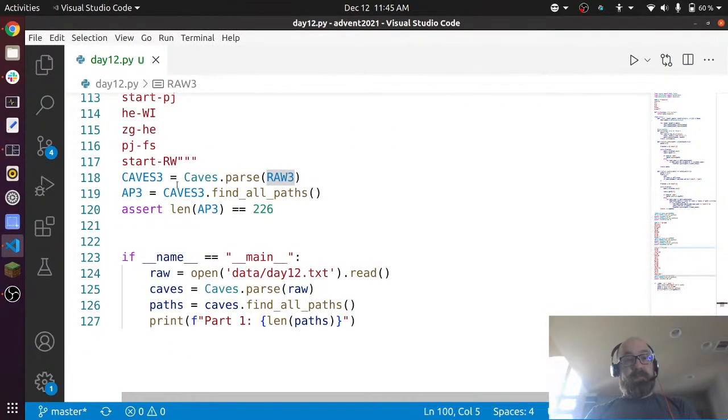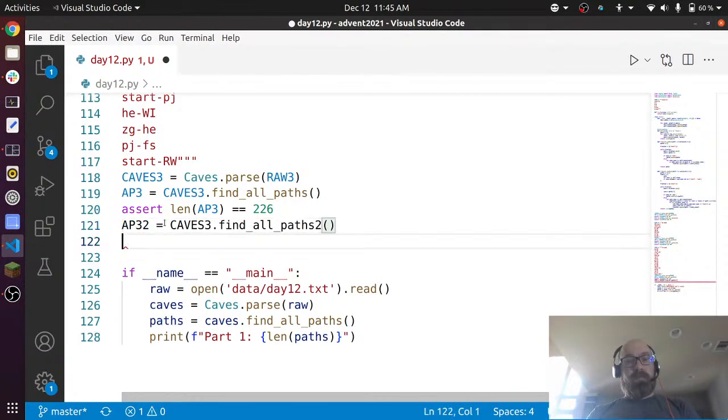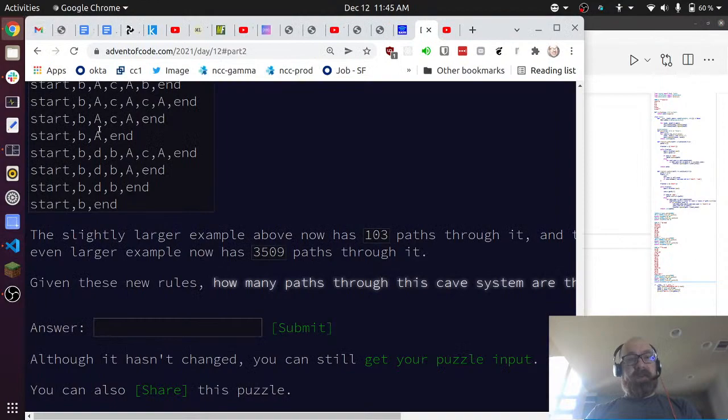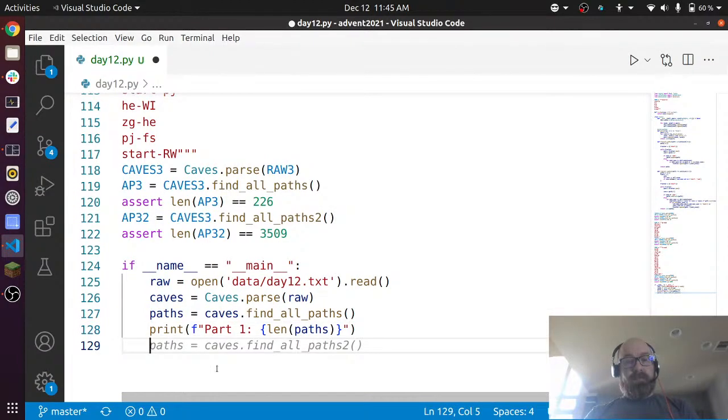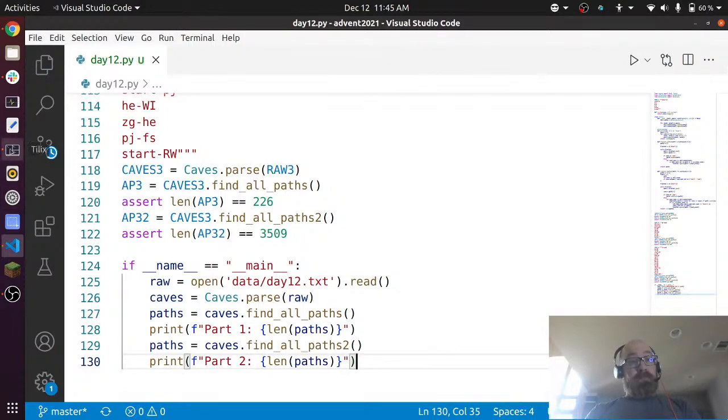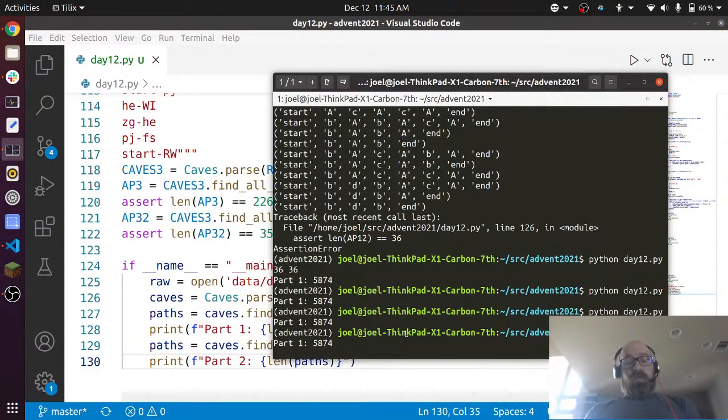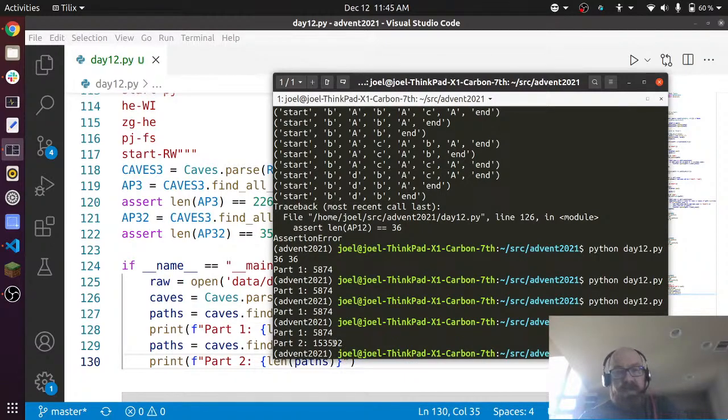And then finally this is 3509. Okay, good. So now, and that took a long time, but